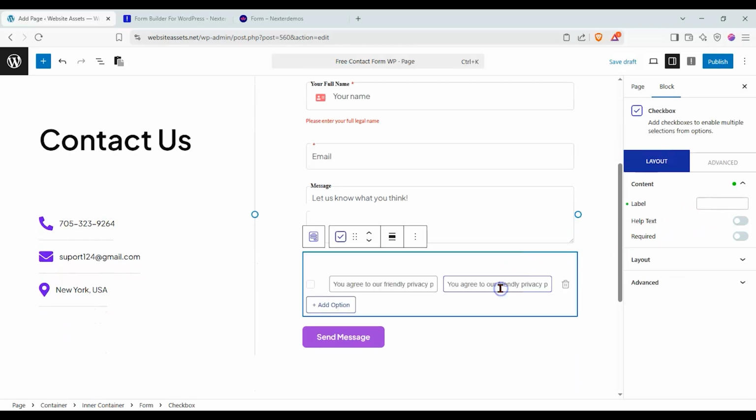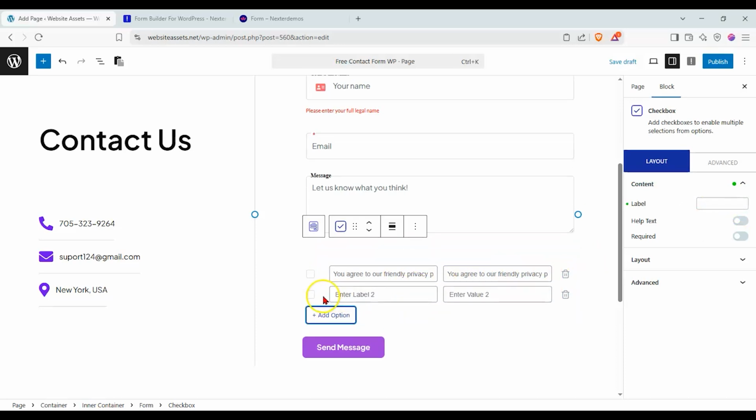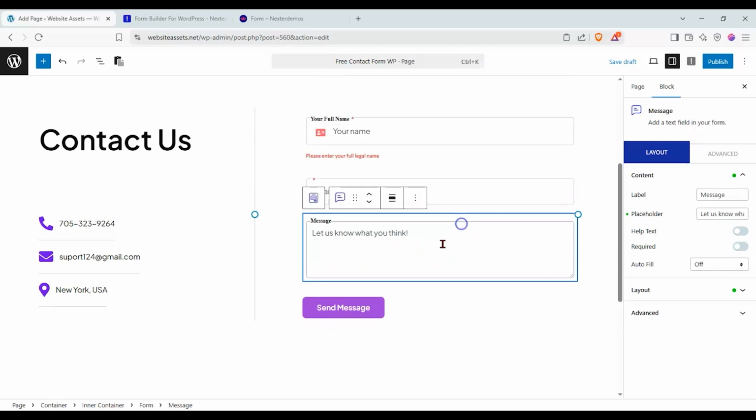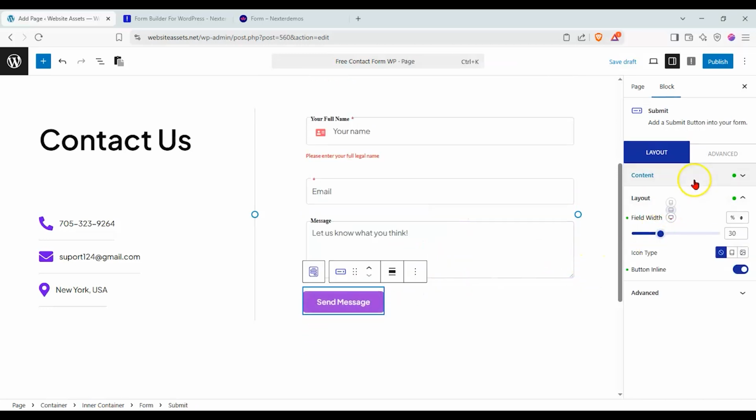And here we have our checkbox. We can have privacy policy stuff here. We can add a different option, like "do you want to contact us?" But for instance, we can go ahead and just remove this altogether because it's just that customizable. And then for this,